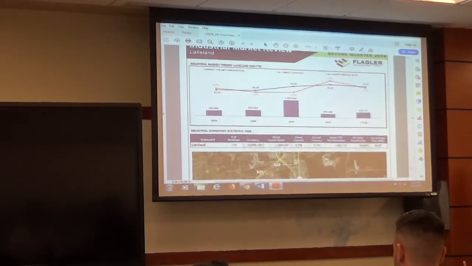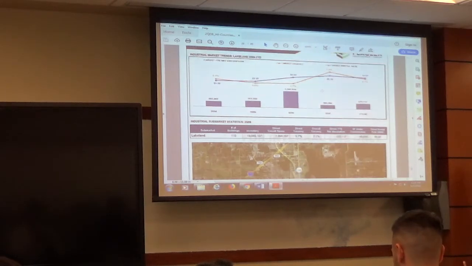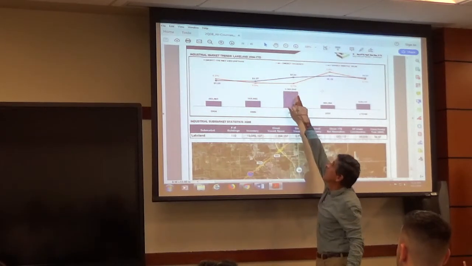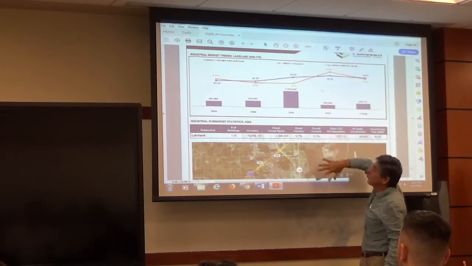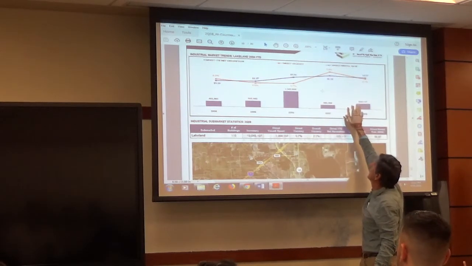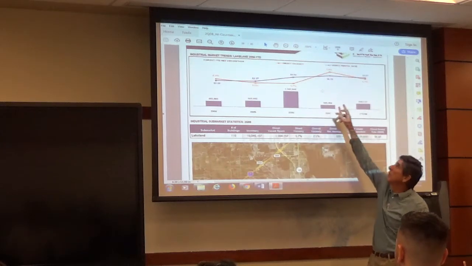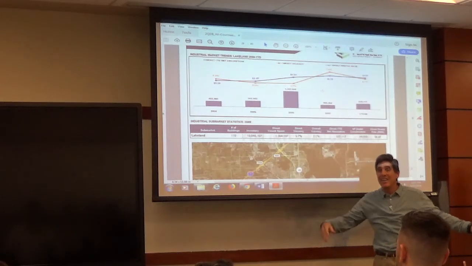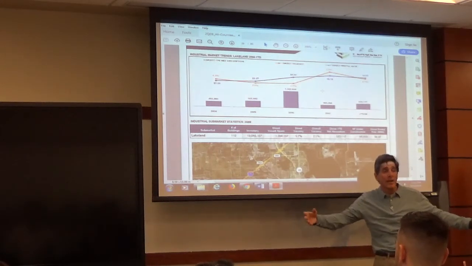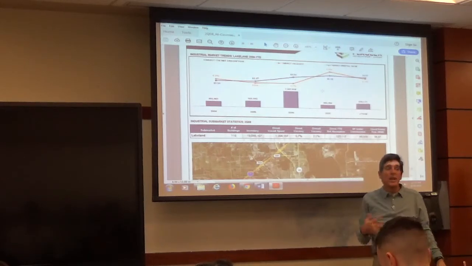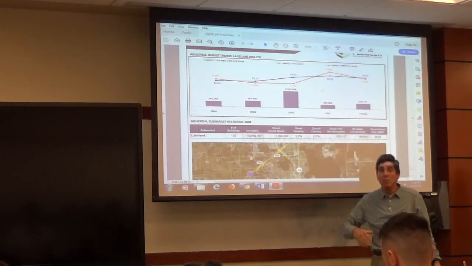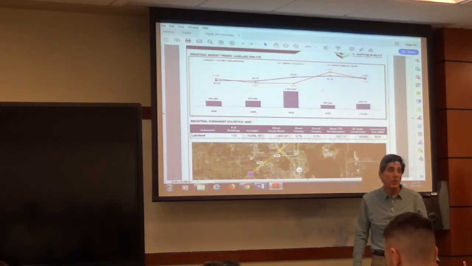Yeah, so here, Lakeland, here's another one. So, part of the problem in Lakeland is, yeah, there was absorption, right? But you had such low vacancy at a certain point, there was so much land there, people started to build, okay? And rents never really took off there. Rents were always like $5 a square foot there. And it's like Atlanta, it's like Dallas. There's so much land, you can always build. You can never drive price because of supply constriction. Because you can always just keep throwing supply out there, okay?